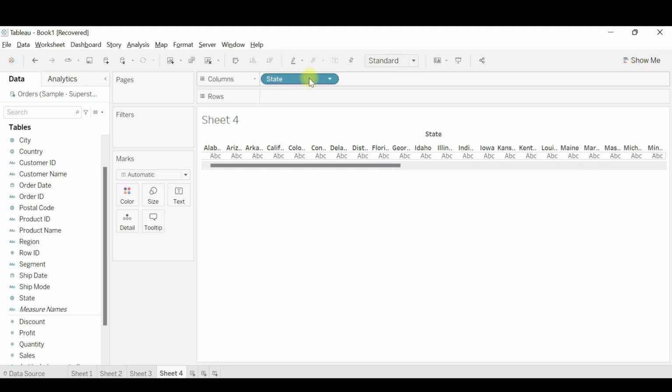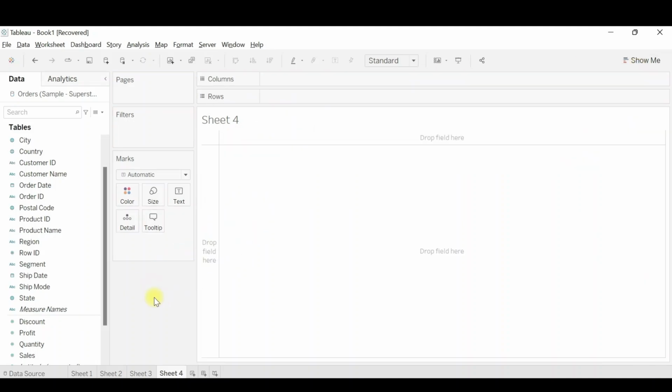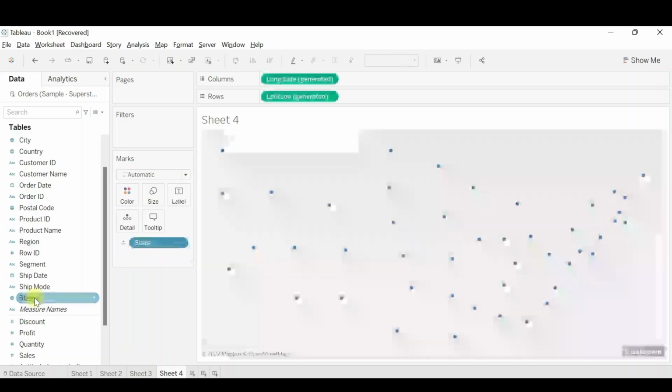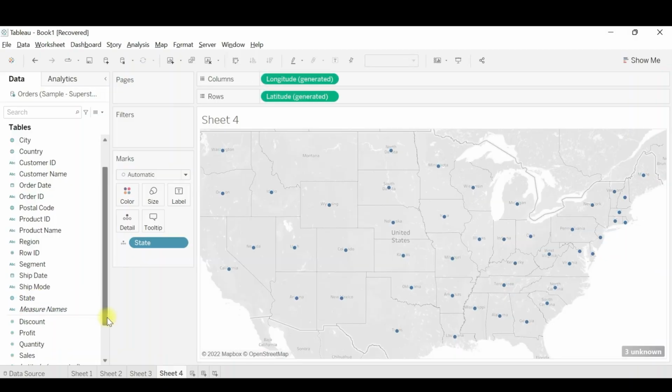Rather than doing this, since State is already a geographical role, as it has a globe in front of it, Tableau has identified it as a geographical column. So to create the map visual directly, you can double click on State. Let me double click, and you saw it automatically created a map visual.